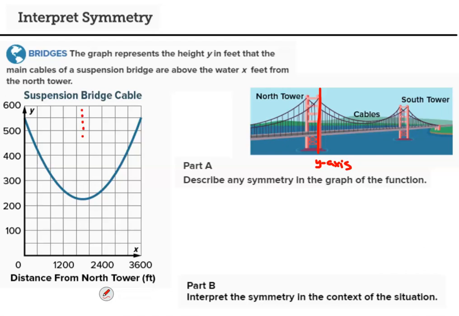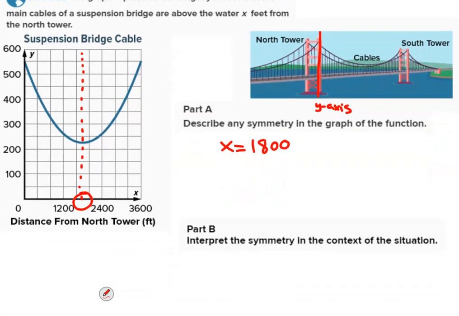And once again, we can take a look at our graph and see that we have a line of symmetry. And really what we are looking for here is where that is happening. Well, it looks like it's going to be halfway between 1200 and 2400, and so our line of symmetry would be x equals 1800. And we have this question that says interpret the symmetry in context of the situation. And so hopefully you can see 1800. Well, that's halfway. So we'd say something like halfway